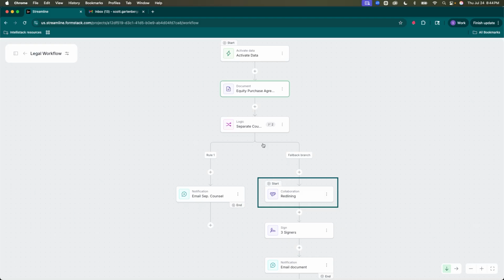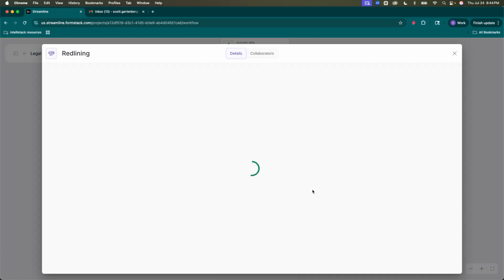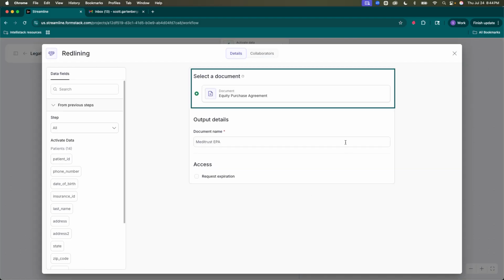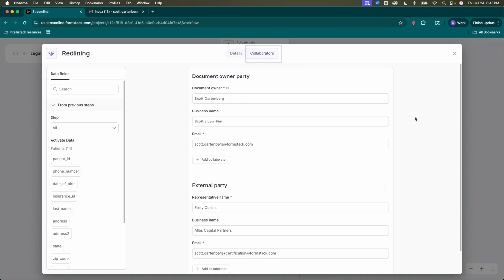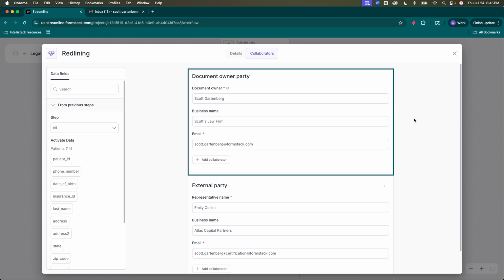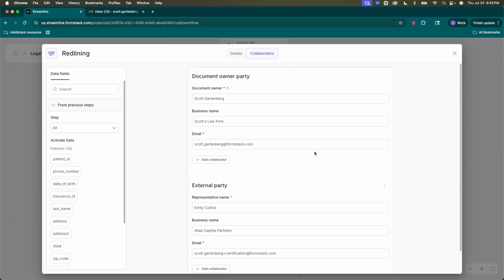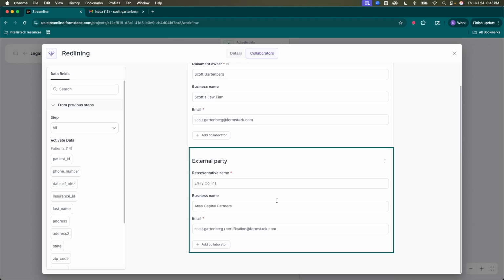Next, let's go into the collaboration step, which pulls from the document I previously uploaded and allows me to indicate who the parties are that will be part of the collaboration. In this case, I want to view the pre-filled document before anyone else, so I've added myself as the document owner. The buyer is the external party, and they'll be able to view the document once I submit the first